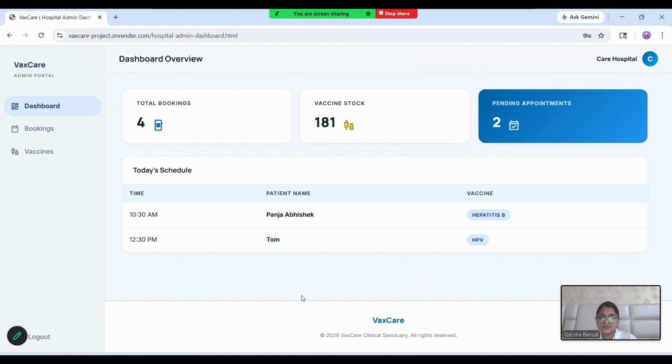Now I have logged in. Now as you can see, I am able to see this booking in my today's schedule. The name I used was Tom, and the time that I used is displaying here, and the vaccine name is also displaying here. So this is how we can book a vaccine